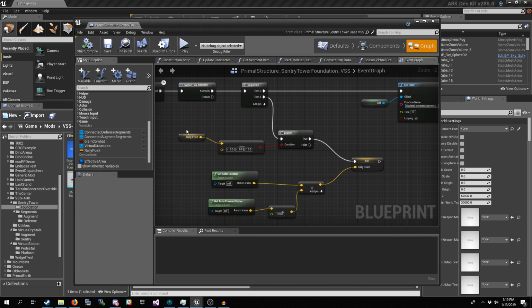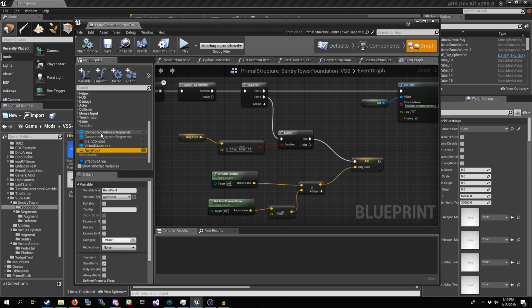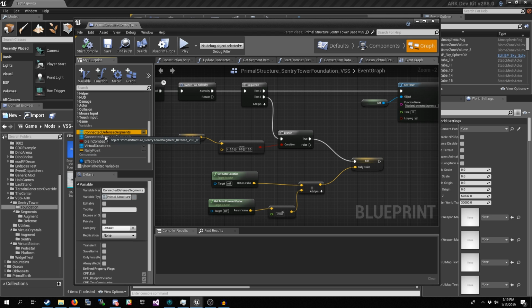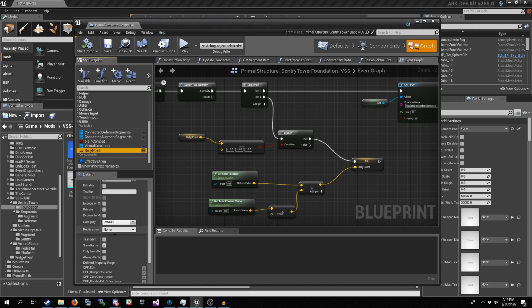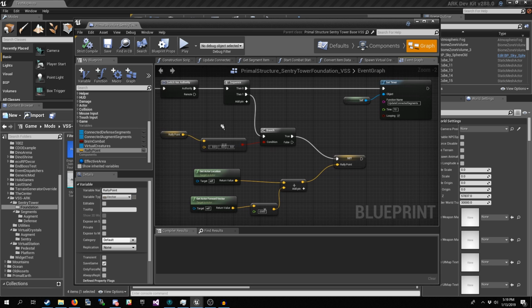After we set that timer, we go and we create our rally point. Basically, if the rally point set here is not 0, all of these other ones don't save. So on a game restart, they're going to be zeroed out, except this rally point. We want the rally point to stay because that's a user setting. So if it's not 0 when this starts up, then we want to get the actor location of this. We want to get its forward vector.